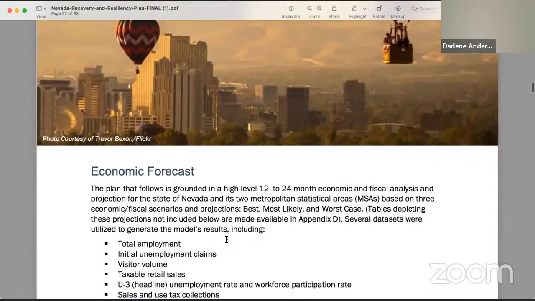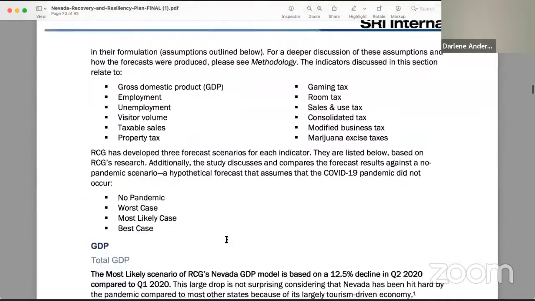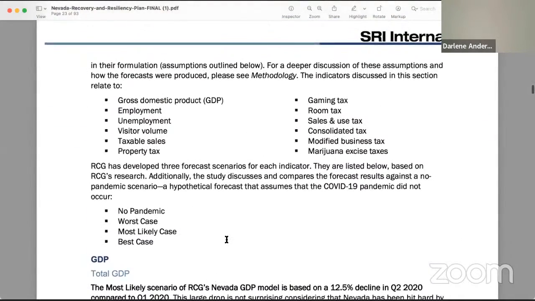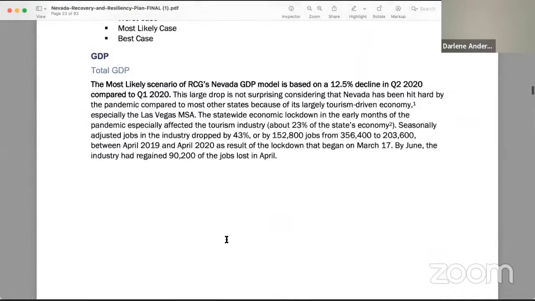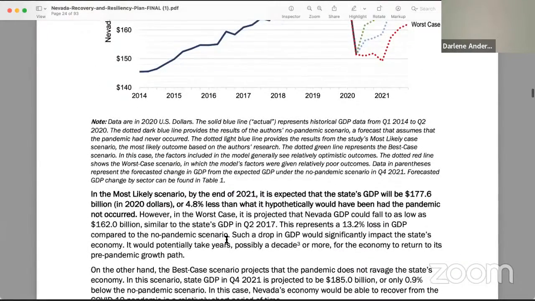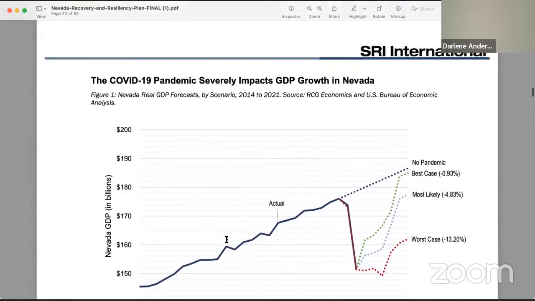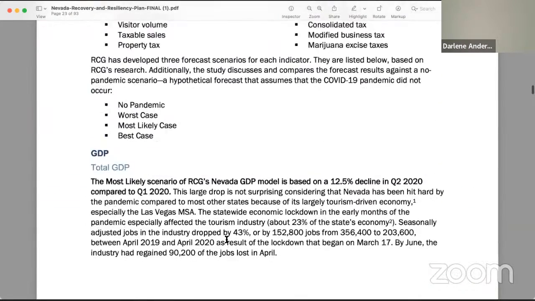The most likely scenario of RCG's Nevada GDP model is based on a 12.5% decline in Q2 2020 compared to Q1 2020. This large drop is not surprising considering that Nevada has been hit hard by the pandemic compared to most other states because of its largely tourism-driven economy, especially the Las Vegas MSA. The statewide economic lockdown in the early months of the pandemic especially affected the tourism industry, about 23% of the state's economy. Seasonally adjusted jobs in the industry dropped by 43%, or by